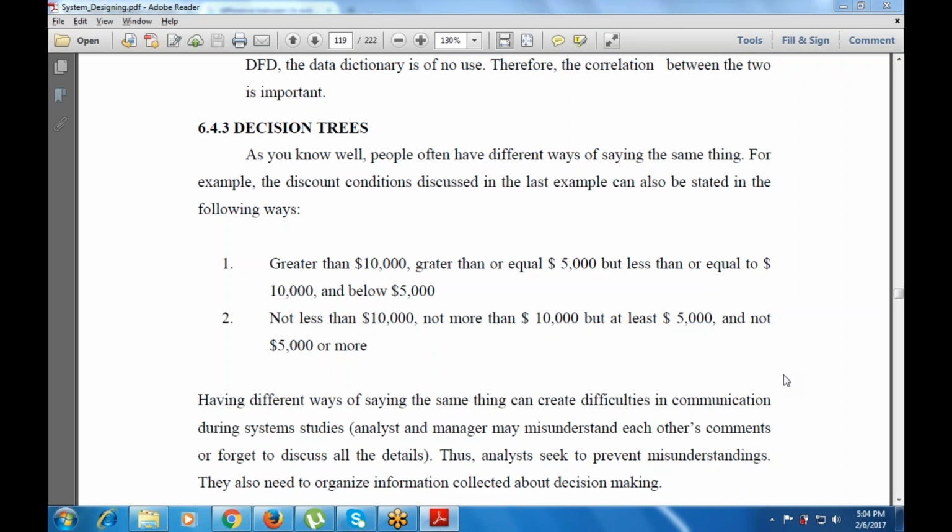Now, the question arises with the data dictionary: it is a repository of information. What is a repository? It is a collection of information, or a database of information. So when we combine multiple